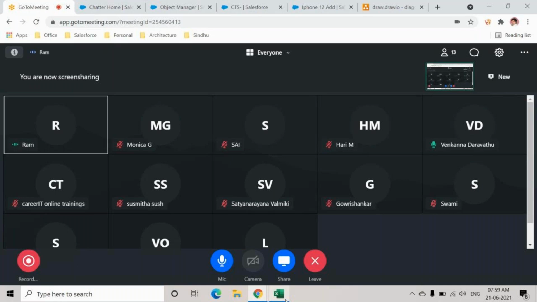Then you'll have multiple features at the bottom: validation rule, formula field, workflow, email alert, multiple things, and you have to choose the right option. Which means one is a scenario based question and the other is a straightforward definition. Anyways, when I speak about the concept, I'll tell you the definition of that feature, so you don't have to worry about it. And the questions I'm asking you every day during the revision, the first 5 or 10 minutes, are all scenario based questions only, so that you can crack the other type also. Okay.